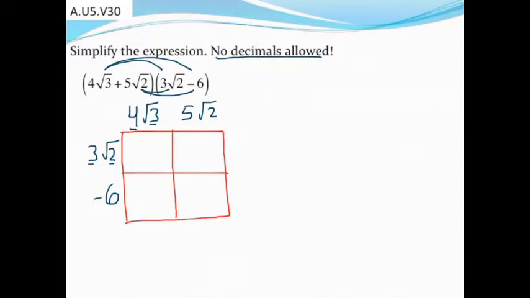All right, so when I go to multiply, I'm going to do rows and columns multiplied together. So 4 square root of 3 times 3 square root of 2. Multiply the numbers outside together. 4 times 3 gets you a 12. And then multiply the numbers inside the radical together. So 3 times 2 gets you 6. So this first piece becomes 12 square root of 6. What you have to do is also make sure any of these individual pieces can't be simplified, because you'd want to if you could. Next up, 5 square root of 2 times 3 square root of 2 would be 15